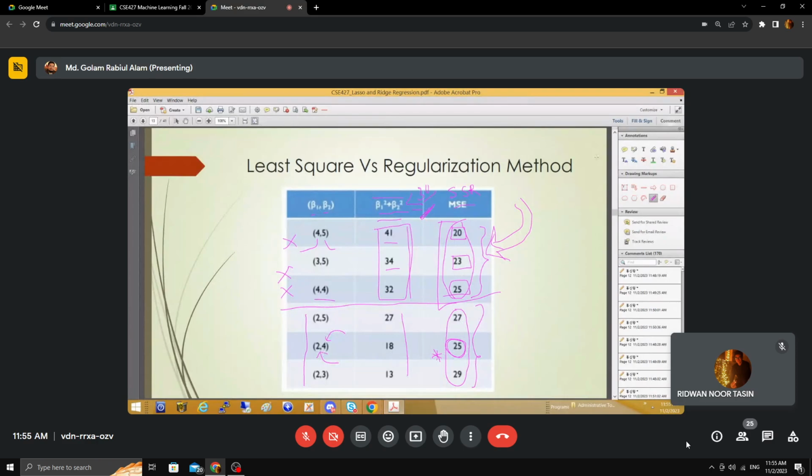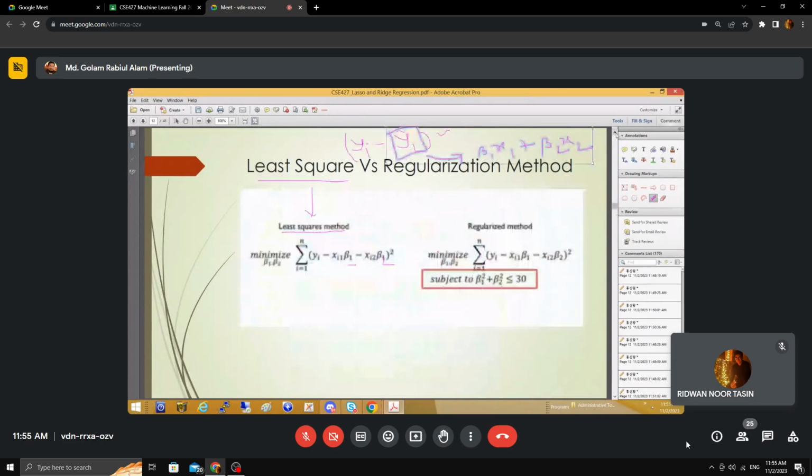So finally, from this equation, we will return beta 1 equal 2 and beta 2 equal 3. And here is the error. In that case, we will get the error of 25. This will be the minimum error. Okay. The actual problem is this, but